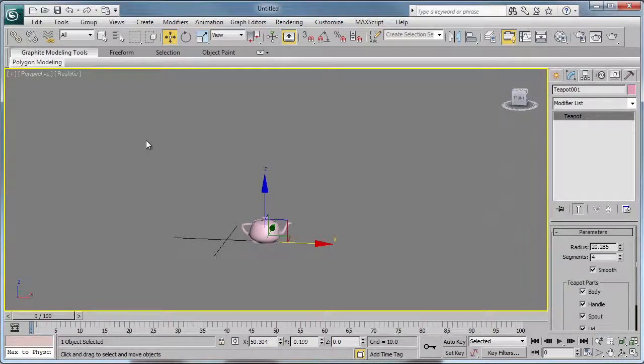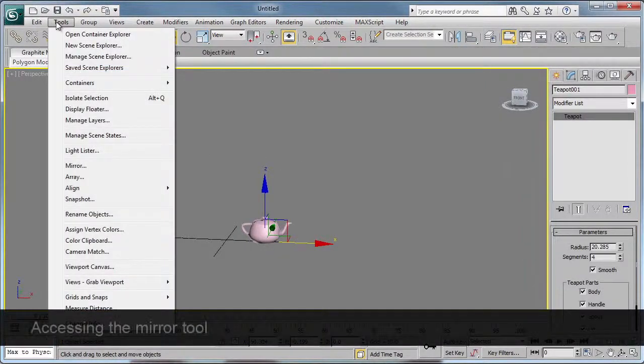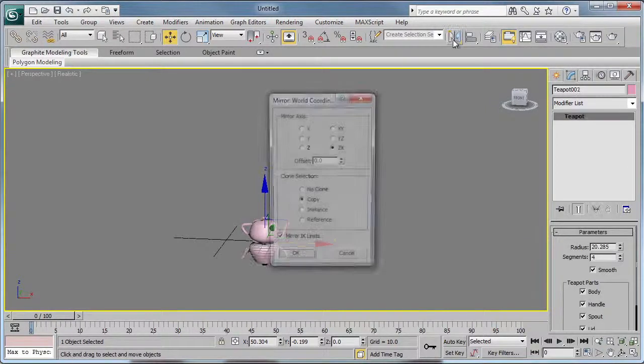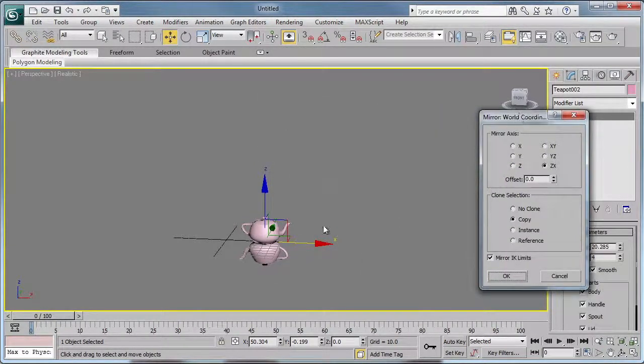The mirror tool can be found under Tools, Mirror, or it can also be found under the main toolbar right over here. So with the object selected, I'm going to go to Mirror, and it's got some very simple options. So right now ZX is selected from my previous setting, so I'll go to X. I can give it a nice little offset over here, so let's give it some kind of negative offset